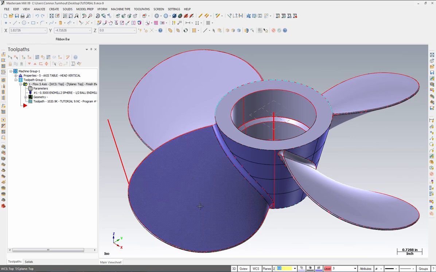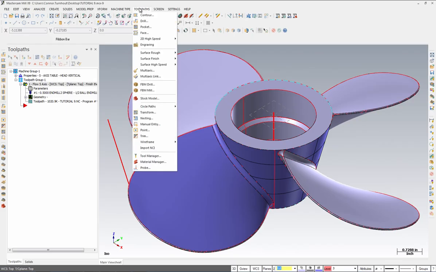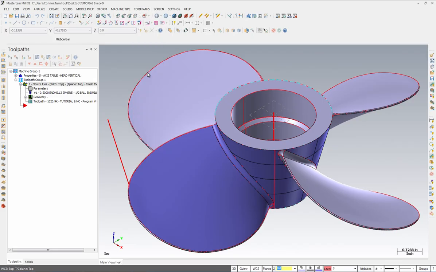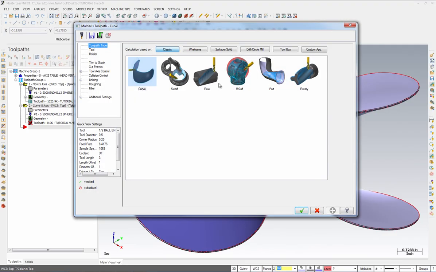Now that we focused on cutting out the blade, what we're going to do is machine this fillet here to kind of showcase that feature. Come up to the top and select Tool Paths. Go down to Multi-Axis. Make sure that your toolpath type is Flow, and come over to the left hand side